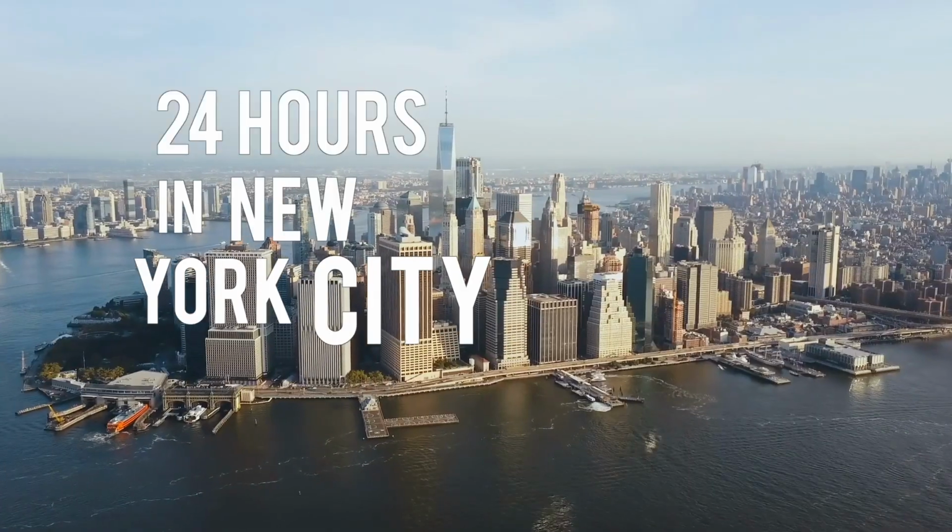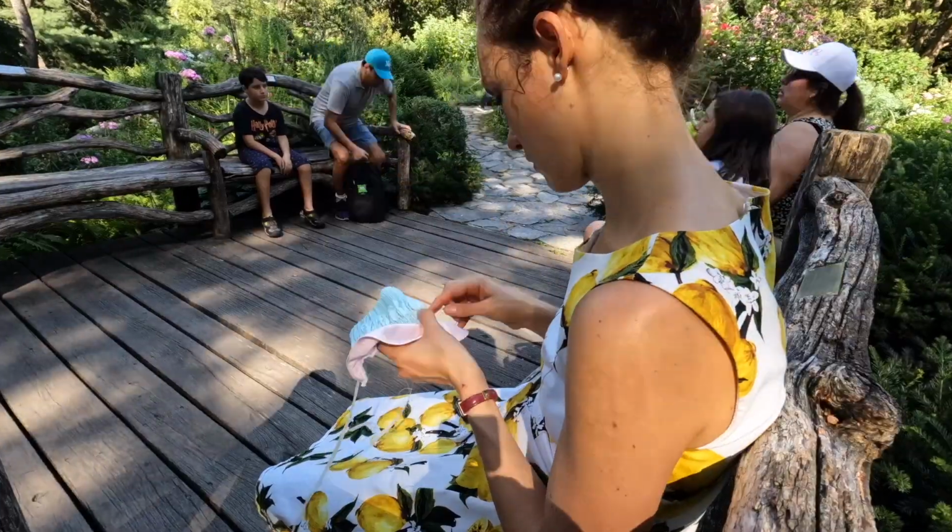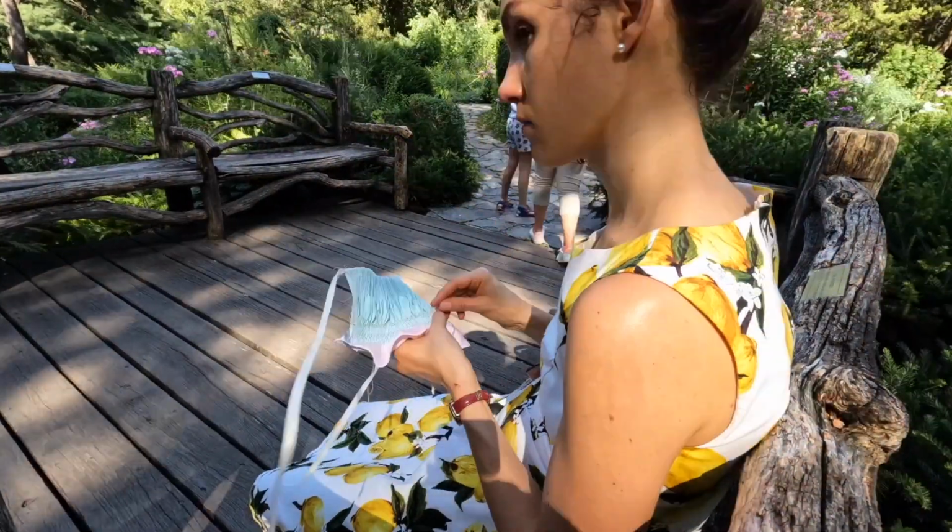I spent 24 hours in New York City. How much sewing was I able to accomplish? Also, I had 2 side things to do, taking the majority of my afternoon. And what did I bring along with me to make the process of sewing on the go not only doable,